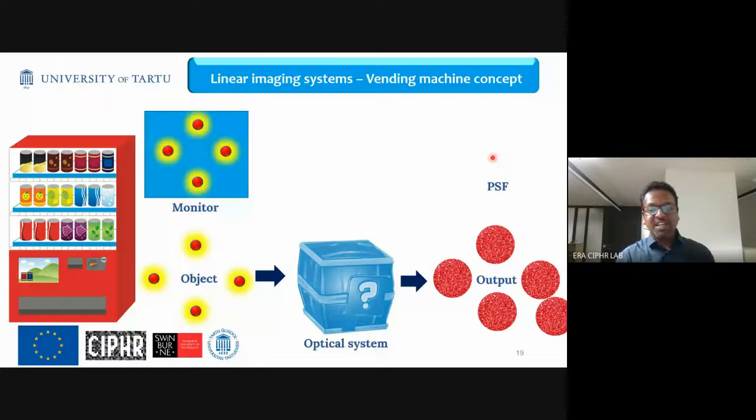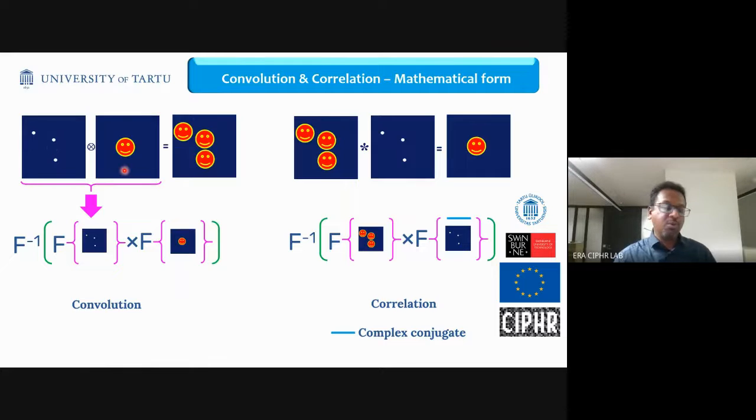So let us use this idea for FINCH. That's what we did. Before that, there's some mathematics. Once again, we have these 3 coins, or PSF, and this gets convolved with maybe a can of Coke, and then this is the output. This process is called convolution. Mathematically, it can be expressed like this: Fourier transform of matrix 1, Fourier transform of matrix 2, we do a product, and then if we take an inverse Fourier transform, it is equivalent to convolution.